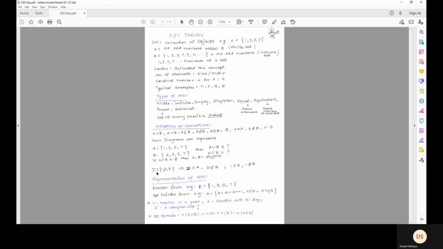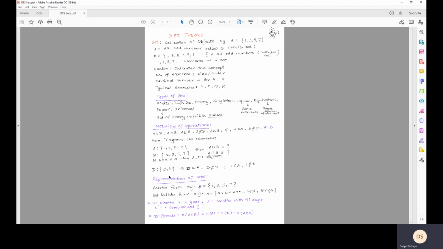Similarly, D is a set which has three elements, 1, 3, 5. Now, can you look at set A and set B and tell whether D is a subset of one of these two sets? So can you identify, is it a subset of A or is it a subset of B? Well, clearly it is a subset of A because this element 1 does not belong to B. So D cannot be a subset of B.